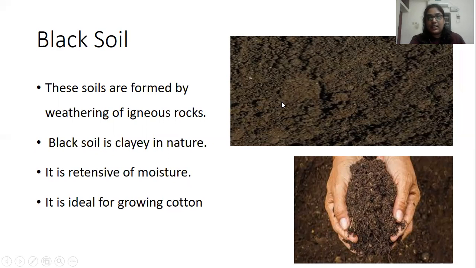Moisture content இருக்கு, water content இருக்கு in black soil. And it is ideal for growing cotton. Remember, black soils are formed by the weathering of igneous rocks. It is clayey in nature, it has water content or moisture content, and it is suitable for growing cotton. Panji, yeah, it is suitable for growing cotton.